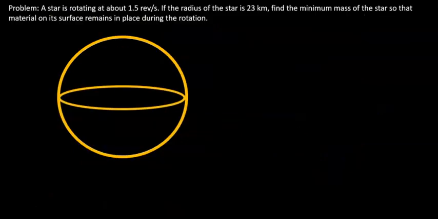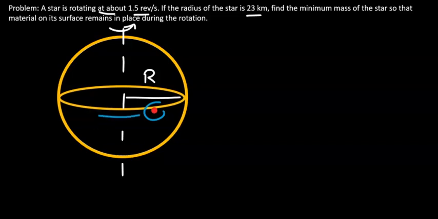Problem 1. A star is rotating about this axis at about 1.5 rev per second. If the radius of the star is 23 kilometers, so that is the radius of that star, find the minimum mass of the star so that material on its surface remains in place during the rotation. So let's assume the mass is right there. So what must the minimum mass of the star be so that as it rotates, this mass remains on the